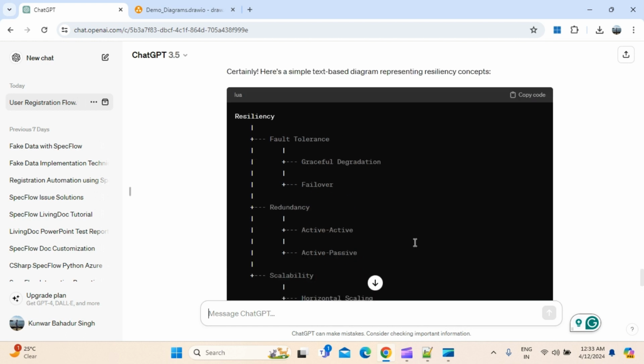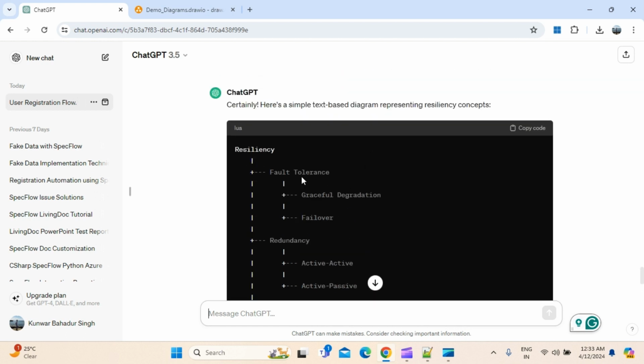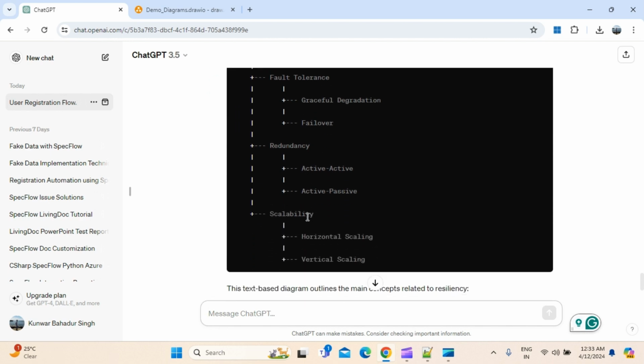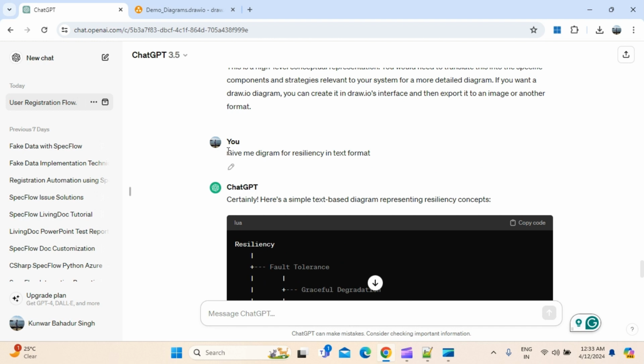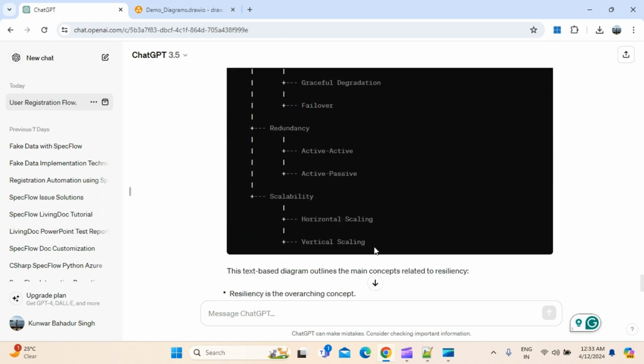Okay, so if you see here, it's basic and simple. This also gives me a very high level format which will be supported in different platforms. For example, this is what. Now I am just going to give a prompt for the same